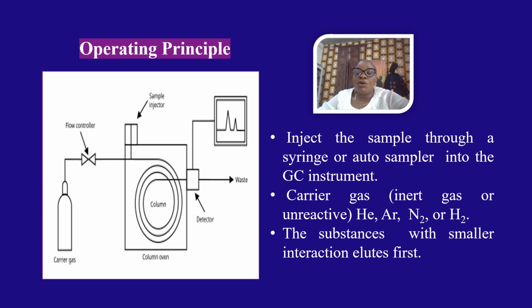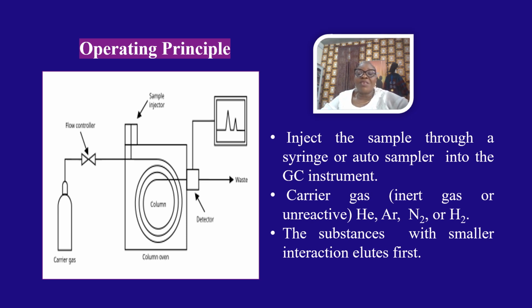which can be helium, argon, neon, nitrogen, or hydrogen. Helium remains the most commonly used carrier gas in about 90% of instruments, although hydrogen is preferred for improved separation. The liquid samples are vaporized before injection into the carrier stream. The gas stream is passed through the packed column, through which the components of the sample move at velocities that are influenced by the degree of interaction of each constituent and the stationary non-volatile phase.